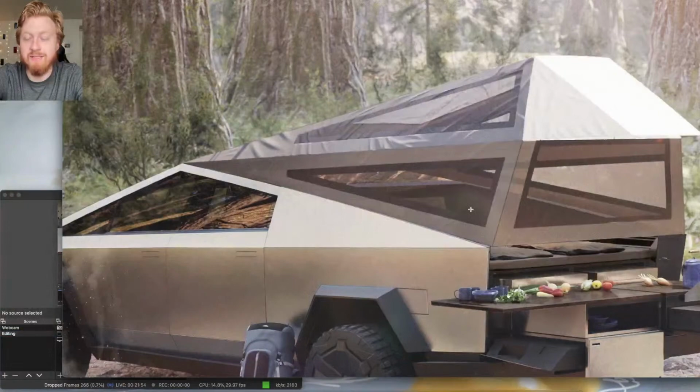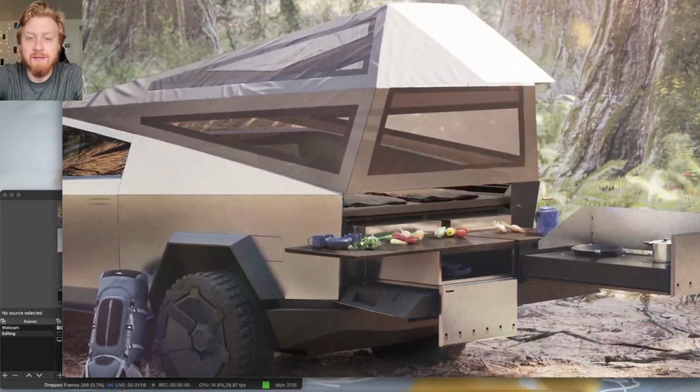Elon tweeted that they do want to make the camping package a thing, but I think a mid-gate would probably sell me on it a lot more than if there's no mid-gate. It's actually going to be kind of a hard sell to me. There's a way to make the stove get lifted from the bed then pulled out. I'm sure there's a way to pull it out, but I guess what I'm trying to say is if there's no mid-gate,